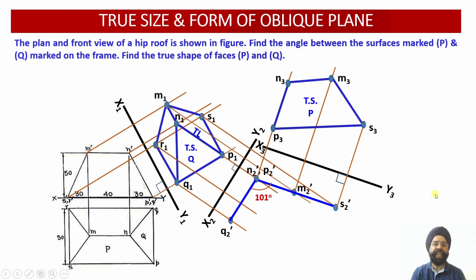So these are the applications of the auxiliary planes. That is, we are able to obtain true sizes and true forms of the oblique planes which are inclined to both the horizontal plane and the vertical plane. That is why the projections in the front view and the top view do not depict the true shapes and sizes of the surfaces. So we are not able to capture the true shapes of surfaces P and Q because they happen to be inclined to both HP and VP. These we are able to obtain using the auxiliary plane method.